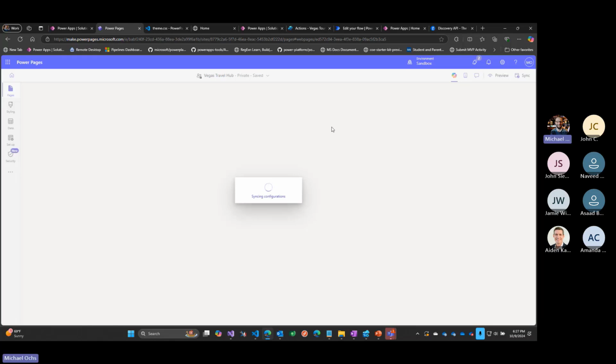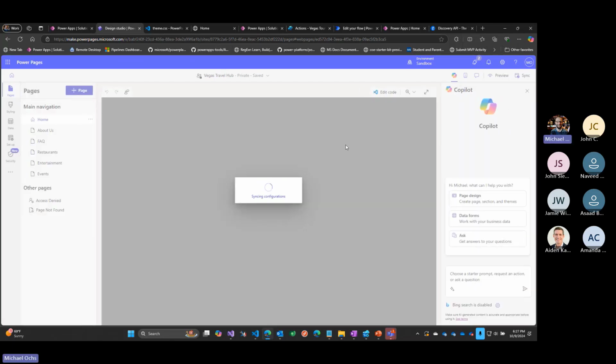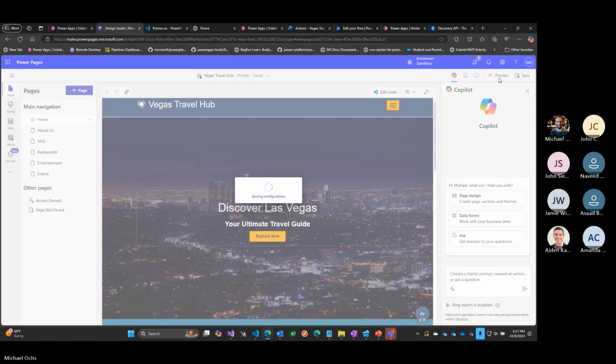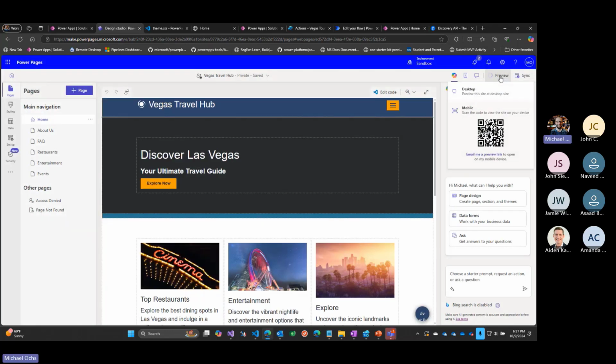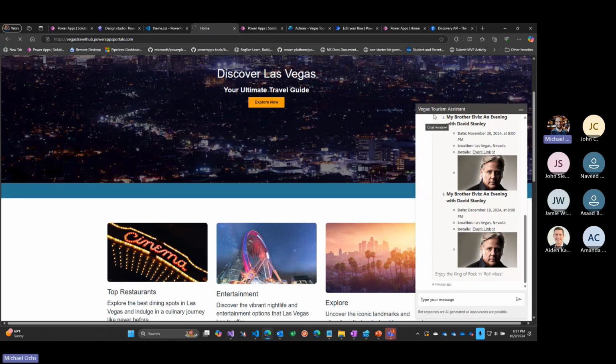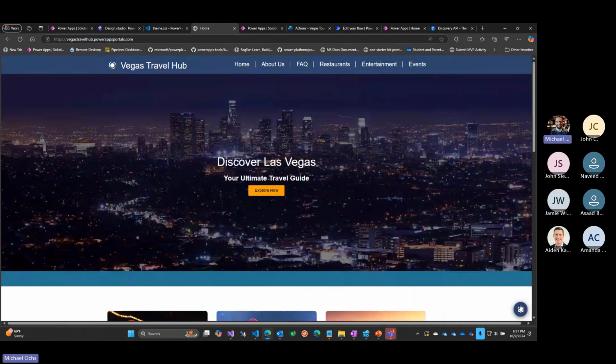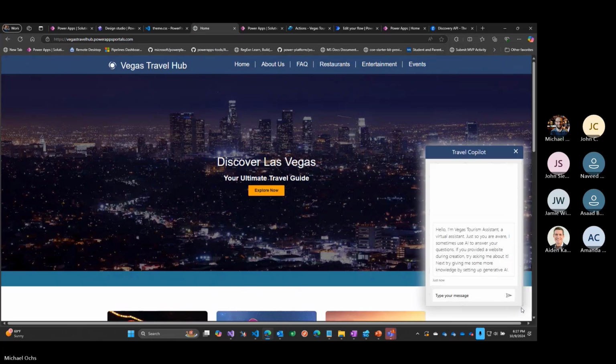Give that a second. There we go. And let's go ahead and preview this. All right, so already we have a different icon here. You can actually see it's got this nice halo around it. It looks prettier. And if I, say,